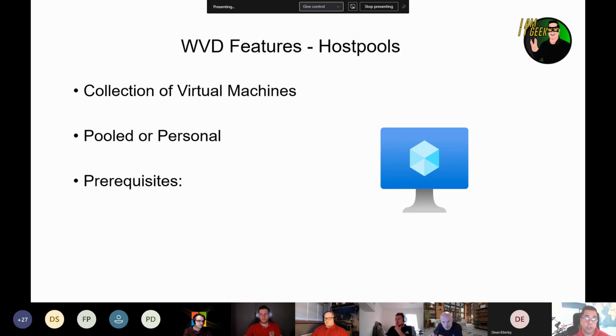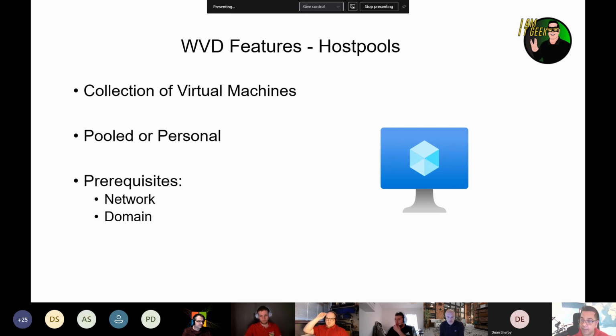So some prerequisites that you require for a host pool: you need a network. So in Azure's case, it's a VNet. You need a VNet provisioned in your Azure tenancy. You need a domain for your session host to join to. So the two options you have here, one thing to note is Azure AD. For those of you who know identity in Azure, you can't domain join any virtual machines or infrastructure to Azure AD because it's password hash based. So you need something that's Kerberos or NTLM.